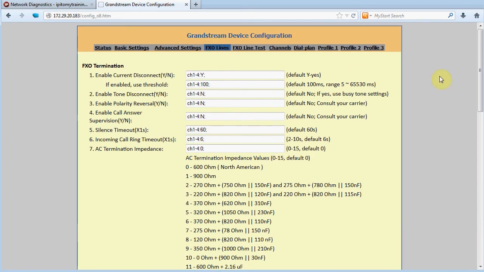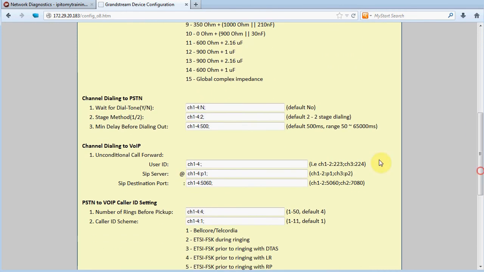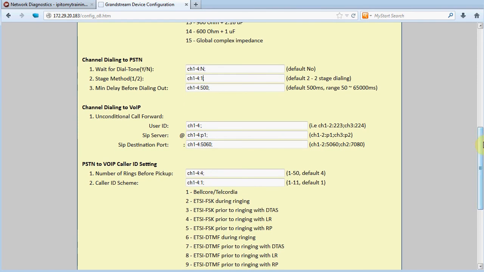Now navigate to the FXO lines page. Change stage method from the default 2 to 1 for all channels. Be careful to match the syntax exactly. The data in this field should be CH1-4:1. Now configure the data parameter, channel dialing into VoIP, unconditional call forward, user ID. Use this field to identify the gateway port that is ringing into the PBX. Change the default to the following string: